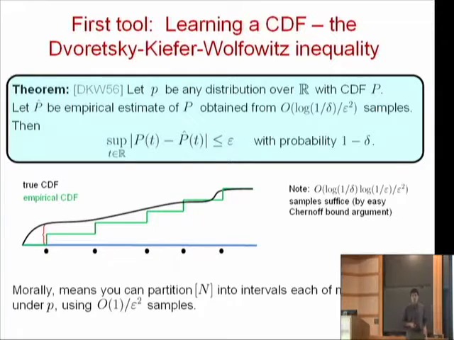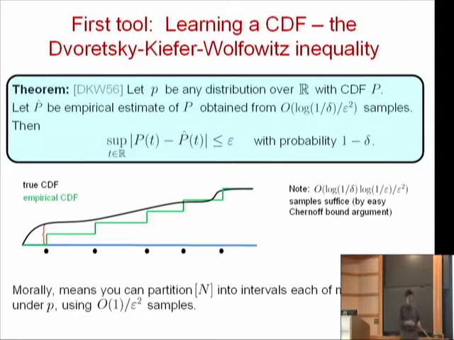The DKW inequality bounds the maximum difference between the empirical CDF and the true CDF. You can prove this using VC theory. If you want a very elementary argument, you can just use a Chernoff bound and a couple of lines of reasoning to get a slightly weaker bound with an extra log 1 over epsilon factor. Anyway, the way I want you to think about this result, this tool, is that morally what it lets